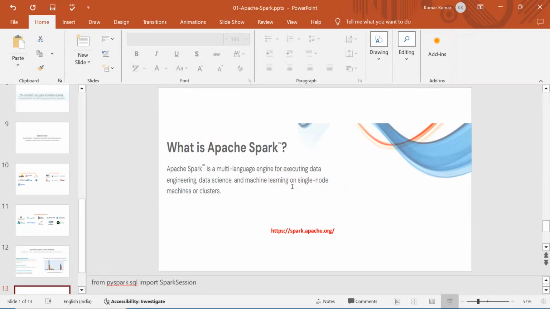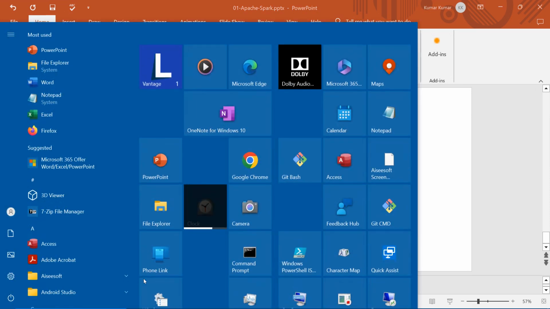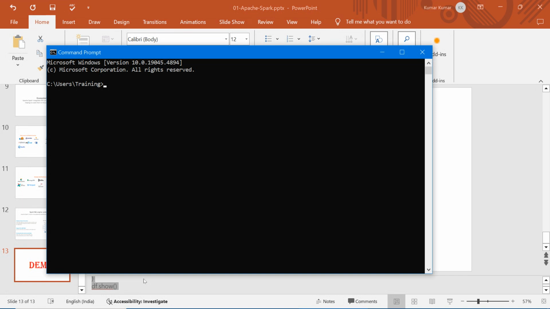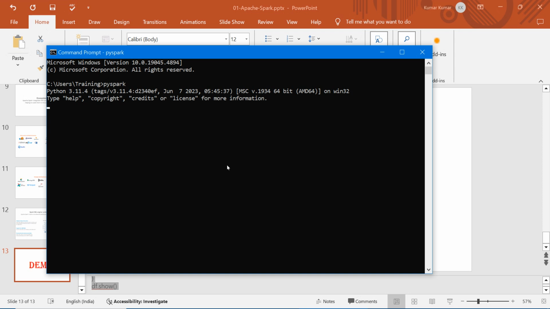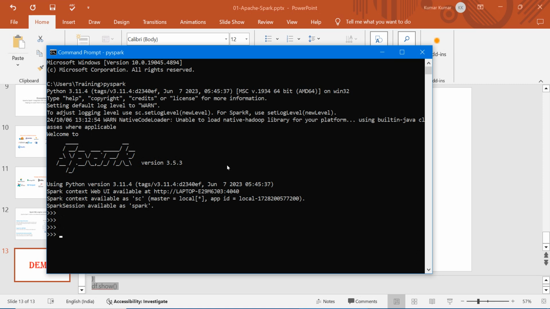I have already installed it, and I'll open a command prompt. I have already installed PySpark. To run PySpark, Python, Java, and Spark are required. I have already installed them, and you can see it's now running PySpark. Here you can see we are in the PySpark shell, with a nice logo display and the version,